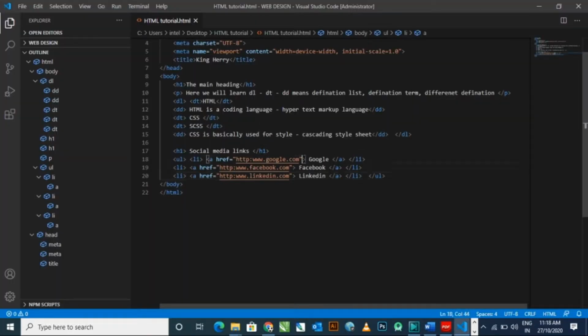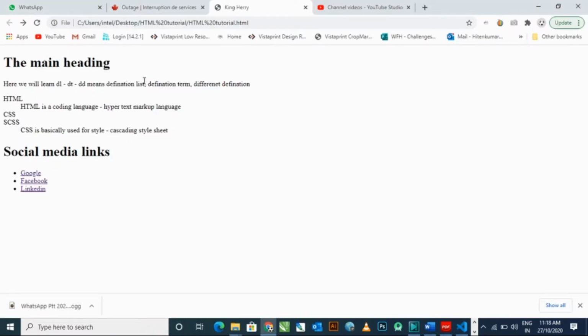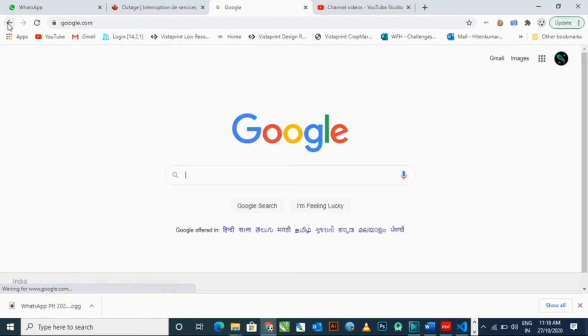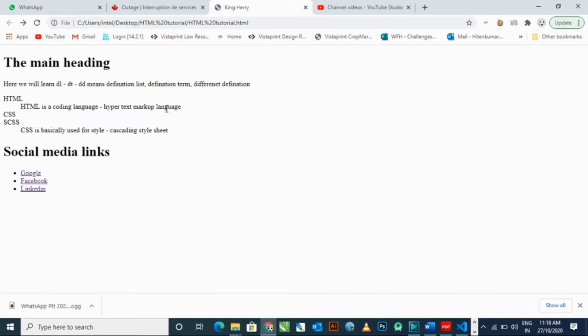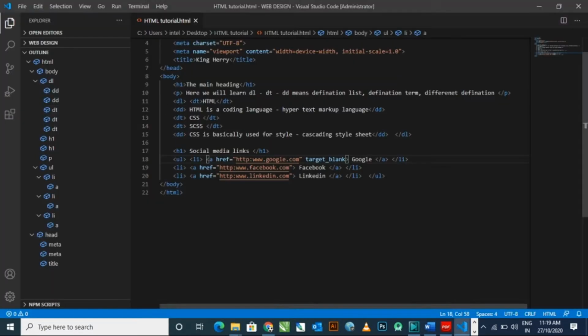Okay, now I'm typing target. Let me type a wrong path. Target underscore blank. What will happen? This will not work. If you simply type target underscore blank, no, this will not work. It will open again in the same window. That's not good, man.